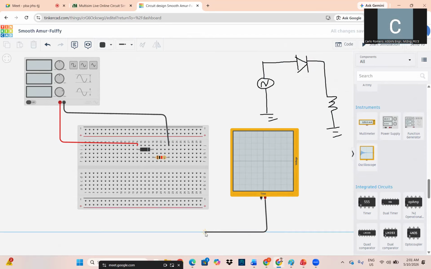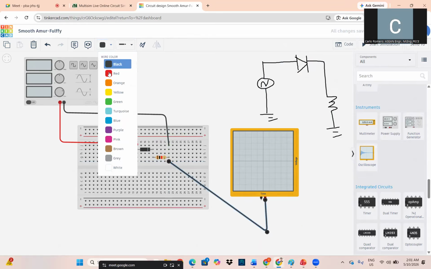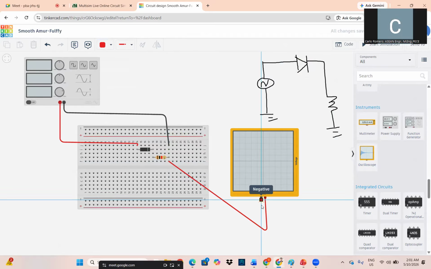So we may apply here for the positive. Okay, so this is the positive part. Then for the negative, the ground, we can,